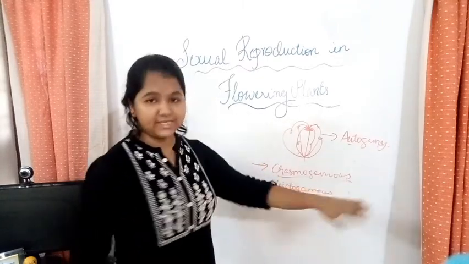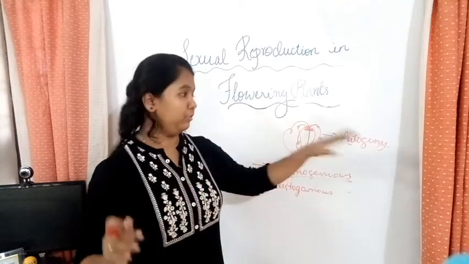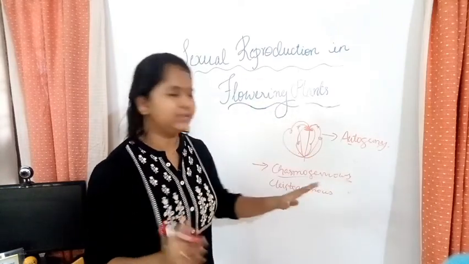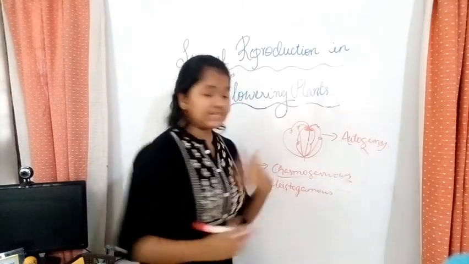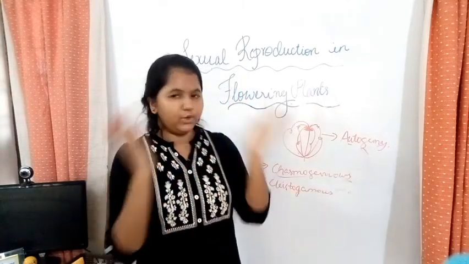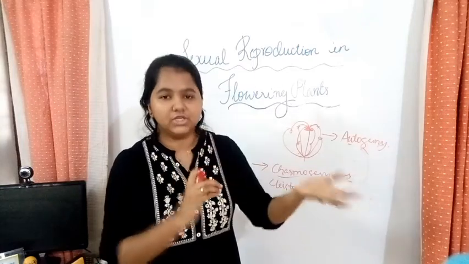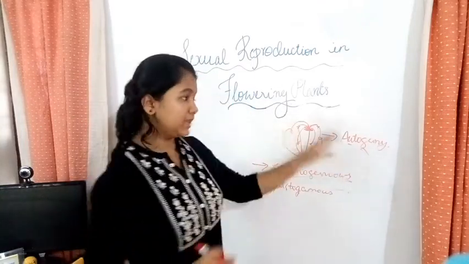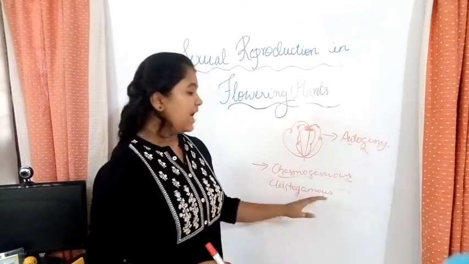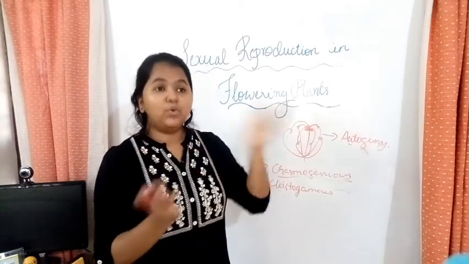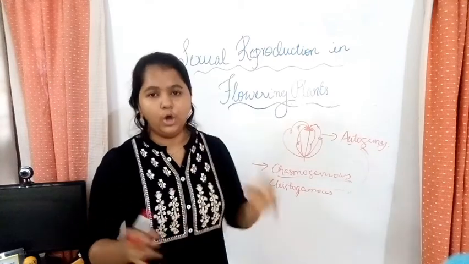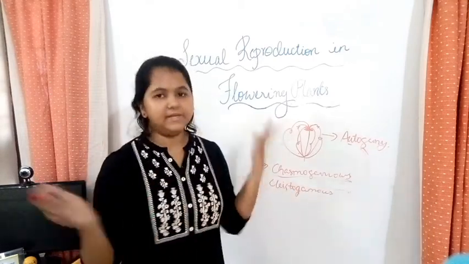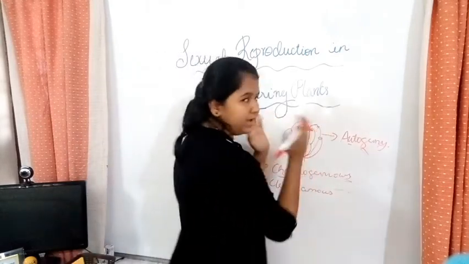So we learned that chasmogamous flowers can do autogamy, geitonogamy and xenogamy, whereas cleistogamous flowers can only undergo autogamy. What are cleistogamous flowers? The closed flowers, they do not open, so they don't have any exposure to anyone else. So only self-pollination happens. That's autogamy from the same flower. And over here, the requirement for a pollinator or a carrier is not needed. It can happen on its own because it's in a single plant.